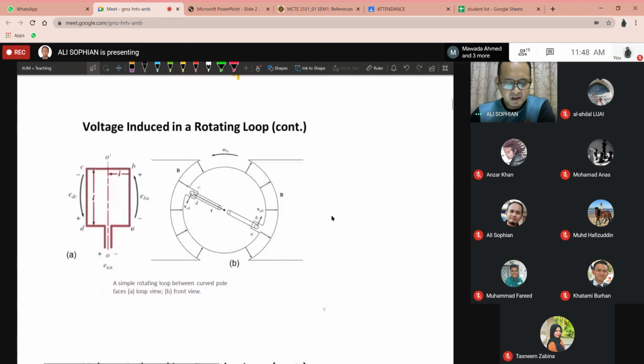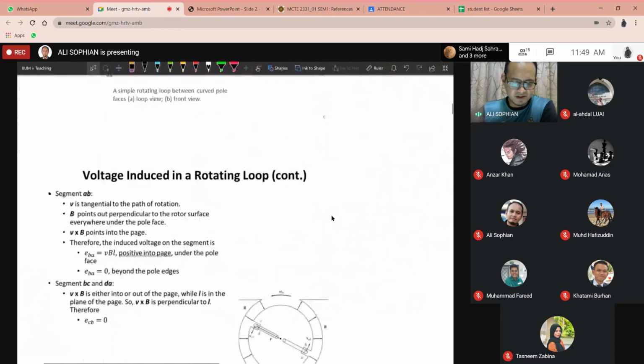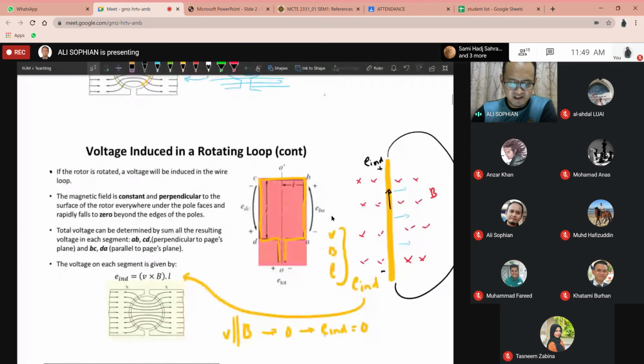There's no mathematical equation, but it's stated here in the sentence. If you look at this, the total voltage can be determined by the sum of all the resulting voltages in its segments: A, B, B, C, C, D, and D, A. What does it mean? It means that if you want to calculate the voltage induced around the loop, what we need to do is to find the voltage